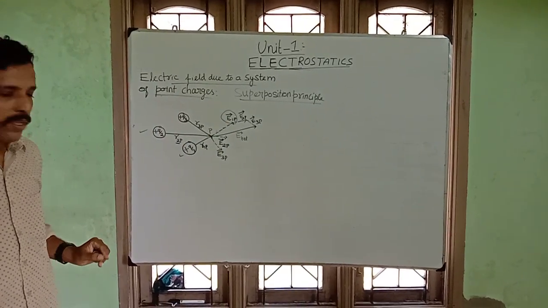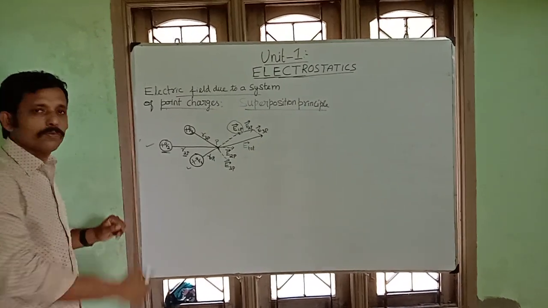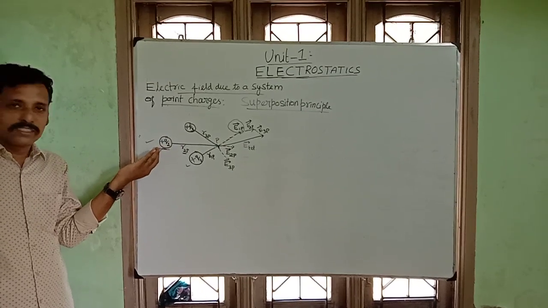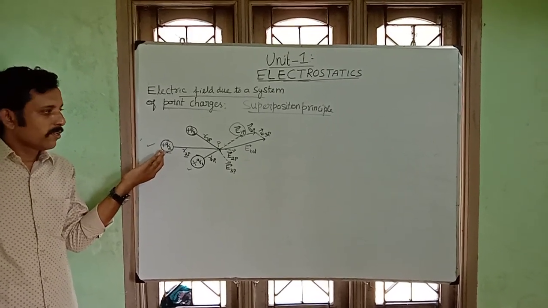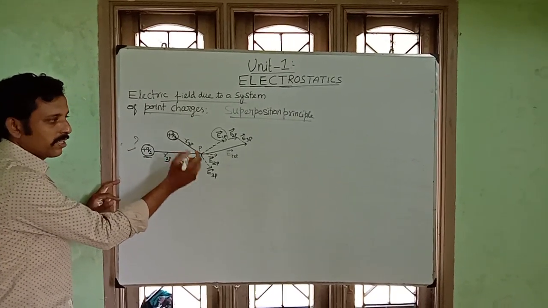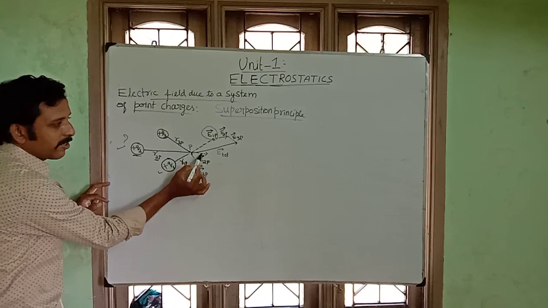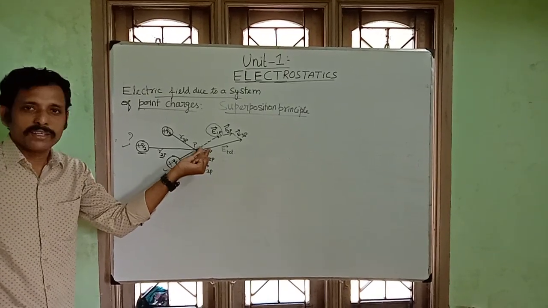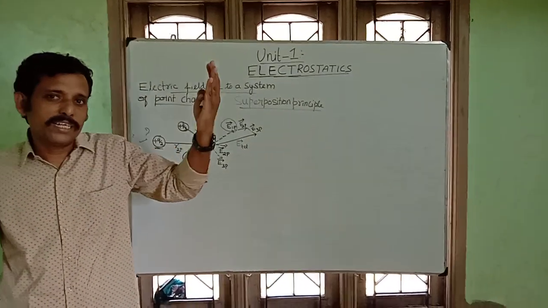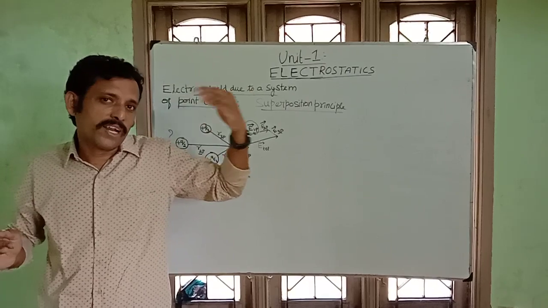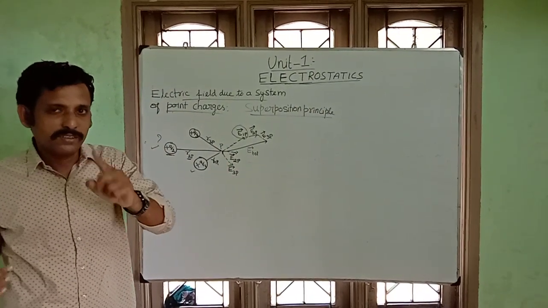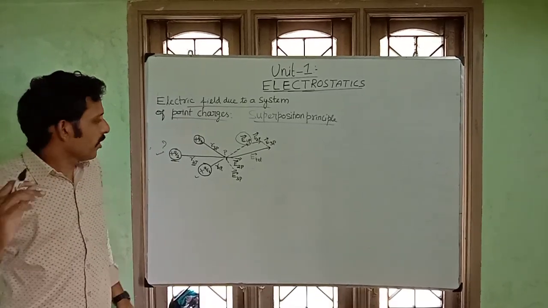Similarly, go for Q2. I have drawn Q2 at some more distance from P. Now because of this, what is the electric field created at the point P? See here, this line has small dotted lines, drawn up to around here. So that means the electric field is lesser. As I already told you, if the charge is far away, the electric field is lesser. I hope you understand.